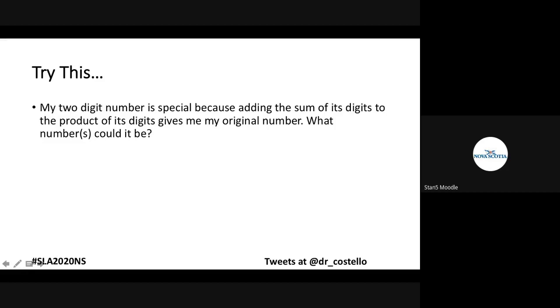Mike said any 2-digit number that ends in 9, solved algebraically. Jennifer said 29. Mike said 10 times. Jen said, agreed, Mike, any 2-digit number ending in 9. Mike did his algebra there: 10x plus y equals x plus y plus xy, so 9x equals xy. And Jacqueline said, I did the same way as Mike. And then Mike finalizing his response, therefore y equals x. Or y equals 9, sorry.